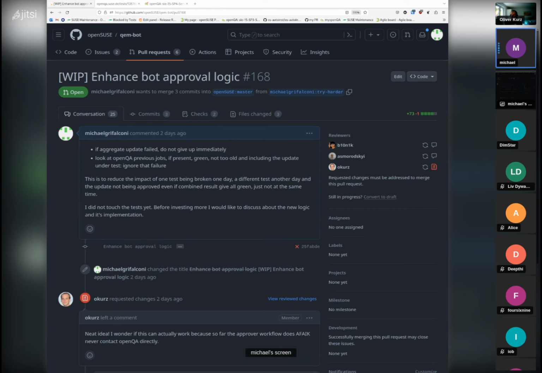So we have two kinds of tests. We have incident tests, which get scheduled immediately when an update is ready for testing, and they run exclusively on this update. That means that if it's an installation test, we install the OS, we install the update, we check that everything is working, we do some other things, and then